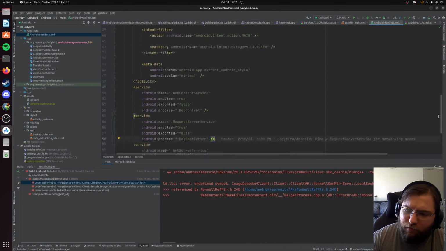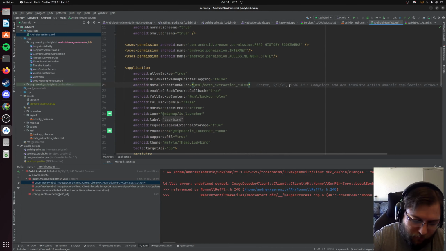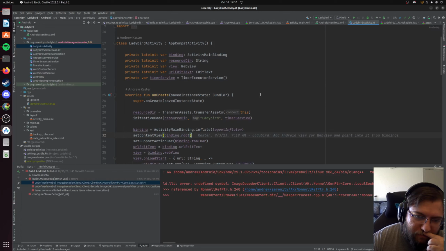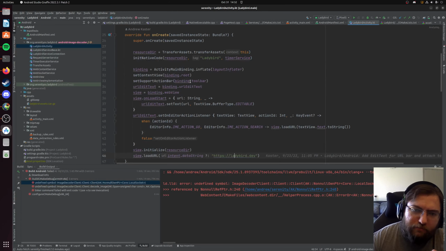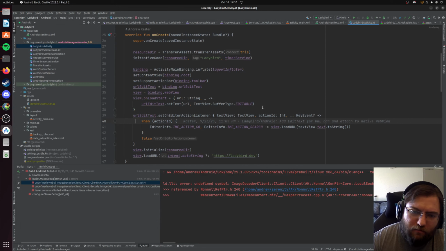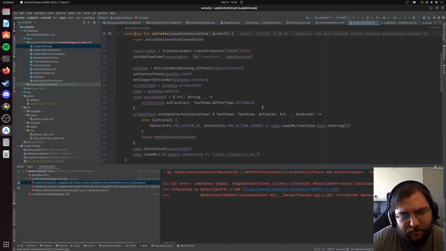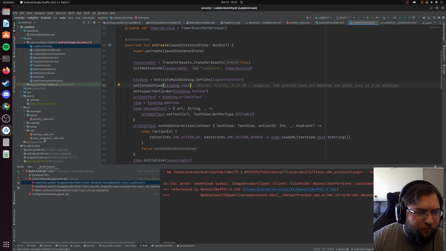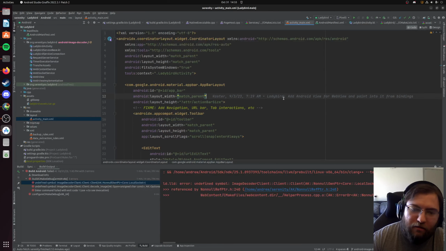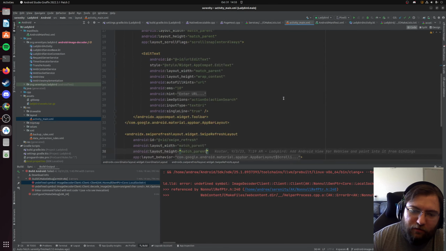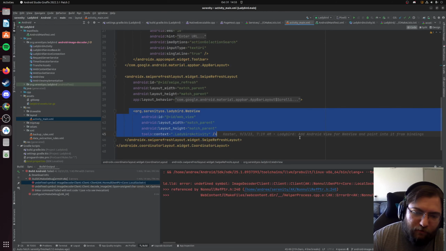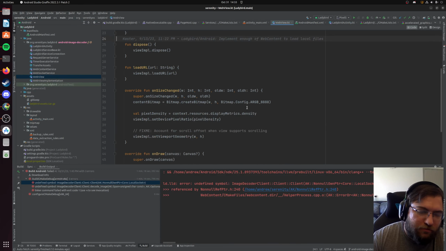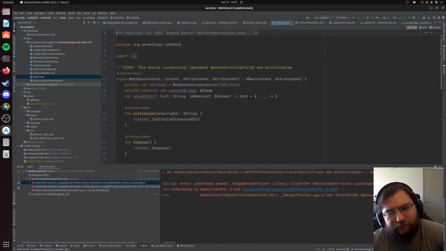So how does this work, right? So if we look at the Ladybird main activity, what's happening here? Right, so when we initialize this, we load our layout from that file I looked at earlier, this activity main, which inside all of this gunk at some point has a web view. Okay, so inside this web view,